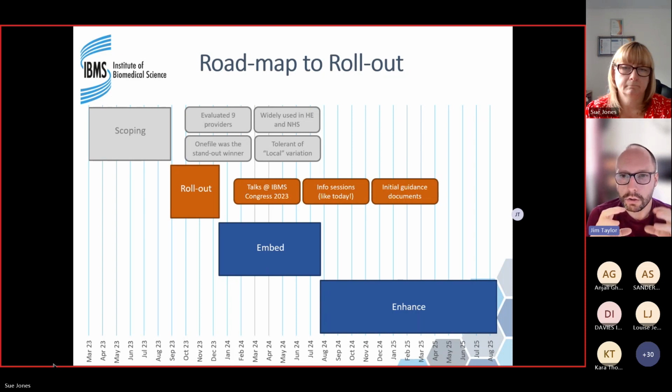And Sue and I are just finalising some of the initial guidance documents that will be released as version 5 goes live on the 1st of September. The initial guidance documents are designed to be supportive to the extent that a lot of people might be able to self-serve with some of the questions that they've got. And so those initial guidance documents are delayed at the moment by the build of OneFile, because we